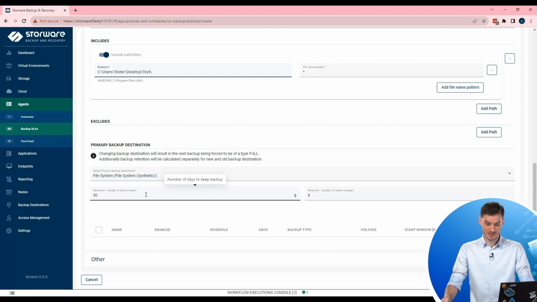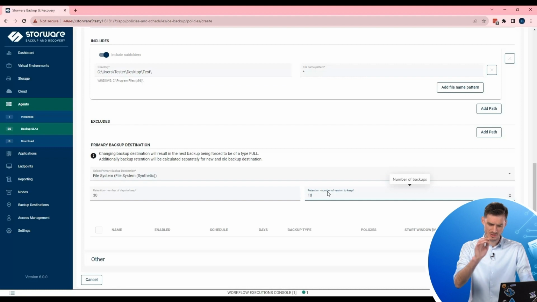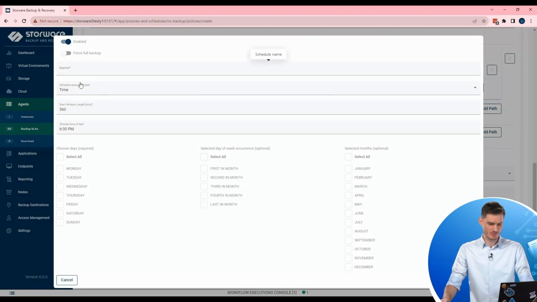retention settings. Here you can decide the number of days or the number of versions of each file which will be protected. Let's keep 30 as a default for the number of days, but maybe let's increase the number of versions a bit. Then you can decide if you want to add a schedule or go without a schedule. In our scenario, let's put a schedule, executed every day, and we need just a name